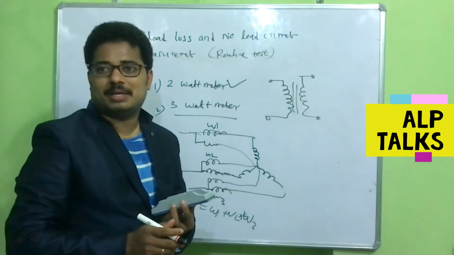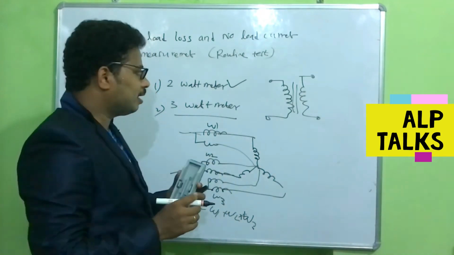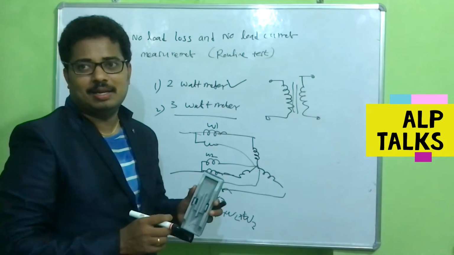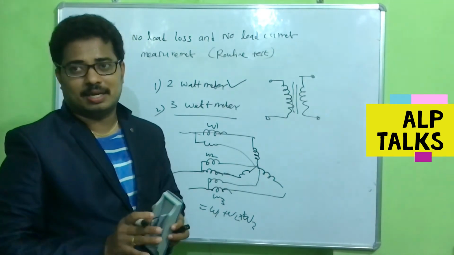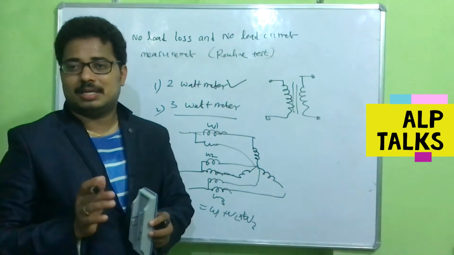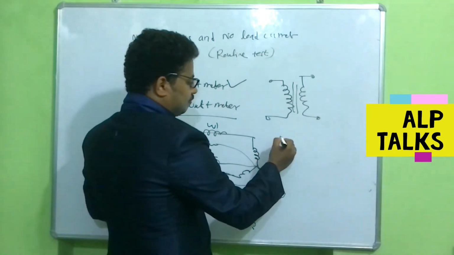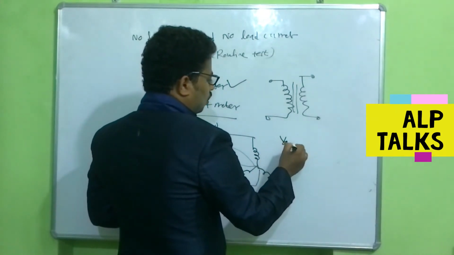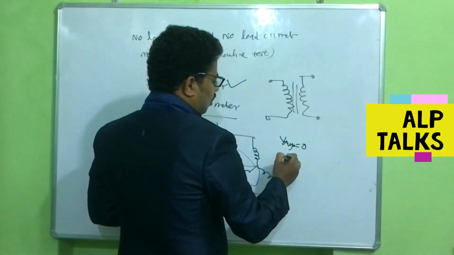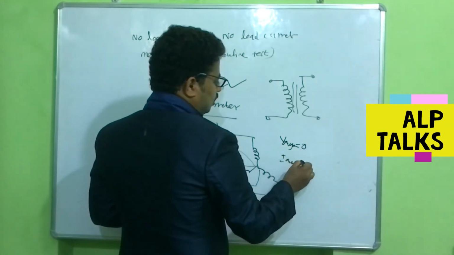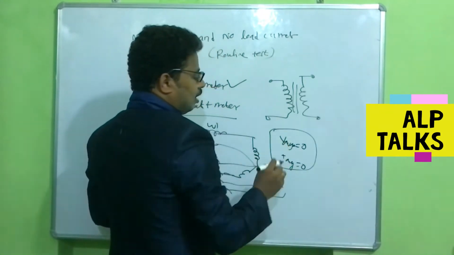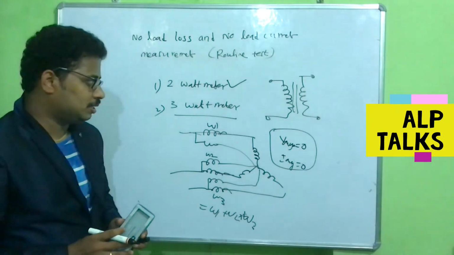Previous method, 2 wattmeter method, where if you have any unbalances in the voltage profile, then it will give a little bit wrong results. So 2 wattmeter method is applicable when we have a total average is 0, current total together is 0. There should not be any unbalances in the circuit.